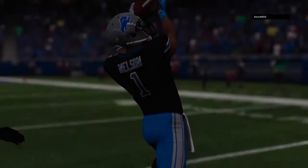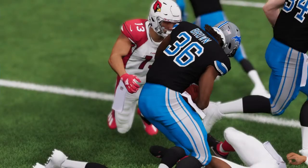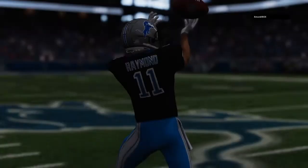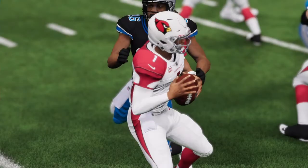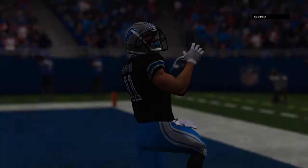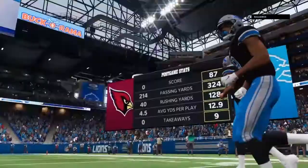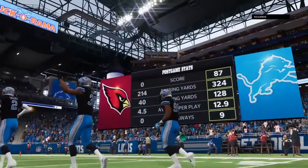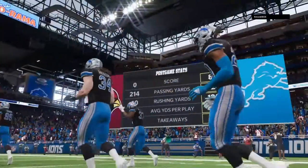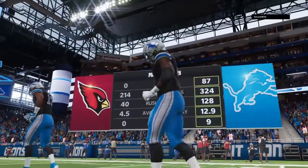So this one's over. It's a win for the Detroit Lions. And I tell you what, Charles, this might be about as good as it gets. They were incredible. Yeah, offense was in fine form. The defense threw the shutout at them. I think they worked in concert together. What I like about the offense was they held the ball pretty well. You know, time of possession, exactly what they were looking for in this one. And that helped out their defense. Didn't have to be out there the entire time. So when you do that and you're out there fresh, playing with a little extra spring in your step,